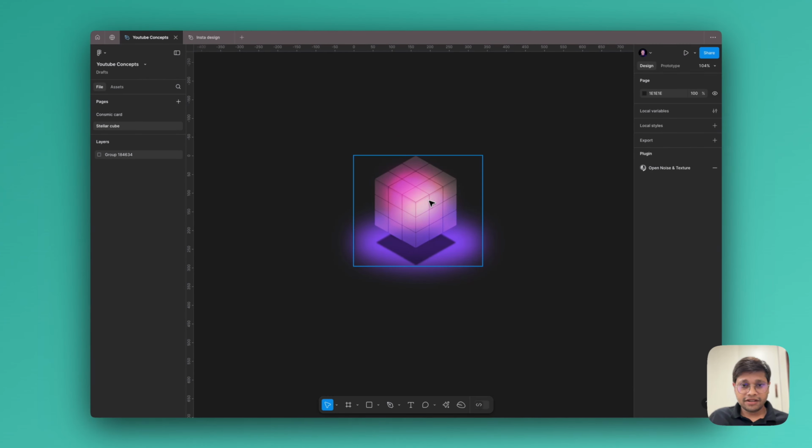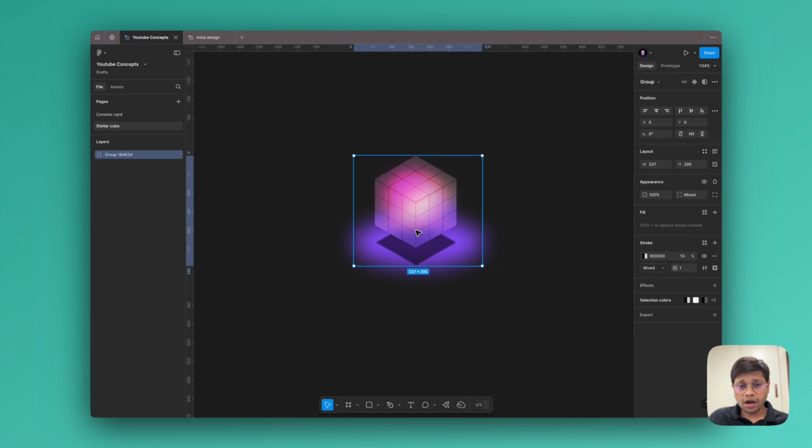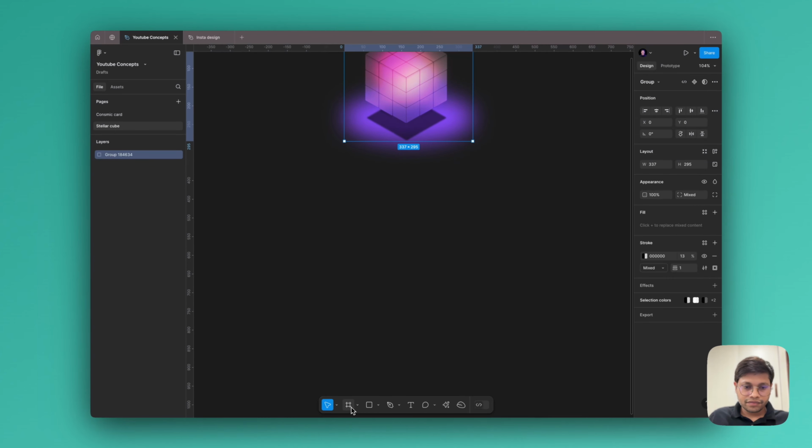So right now we are inside Figma and we have this amazing cube with us. So we will recreate this cube and I'll tell you step by step how we can recreate this one, also how we can convert this into an interactive cube as well. So first of all,